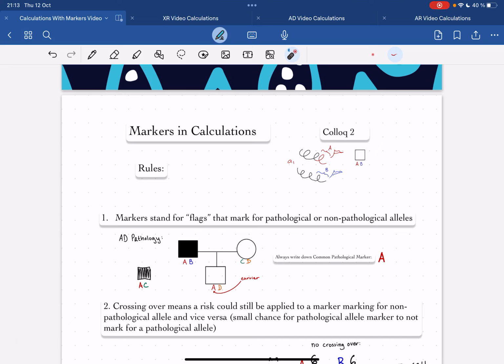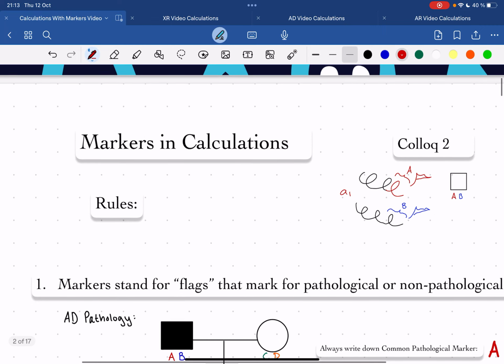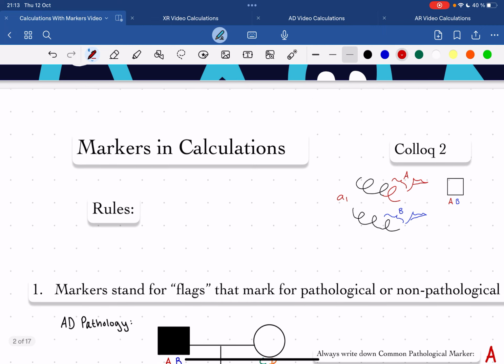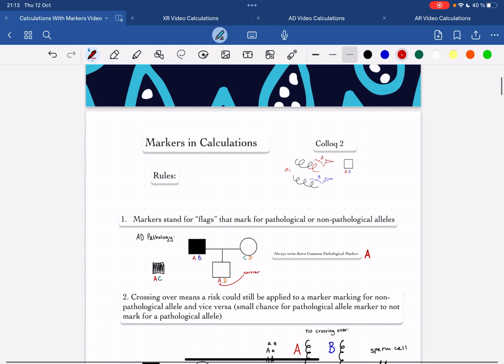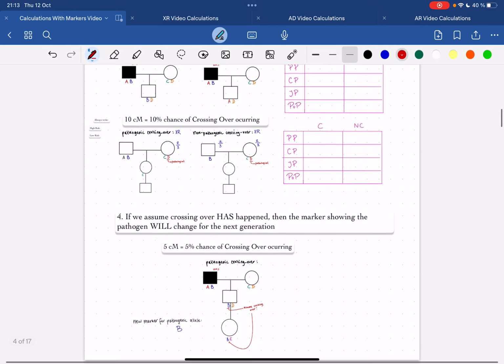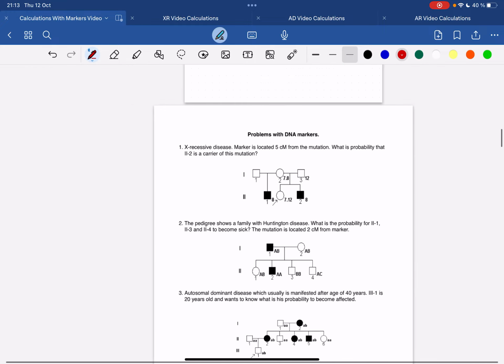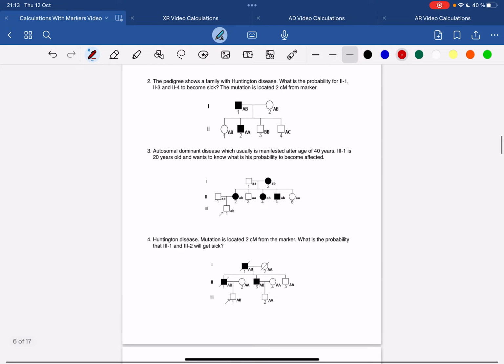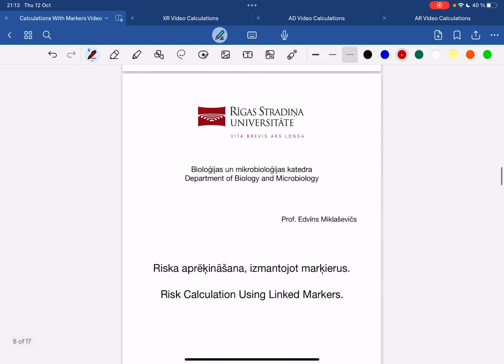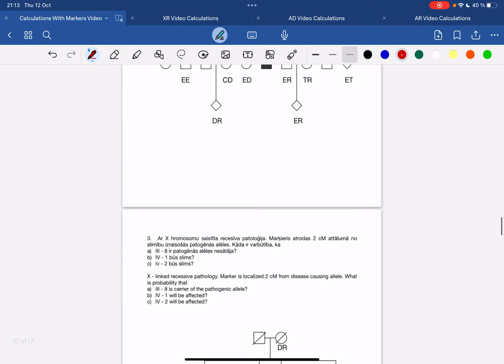Hello. I was thinking of going through the Colloquium 2 topic today regarding calculations in genetics, specifically targeting markers in calculations. Now, markers are a little bit tricky to grasp, but I will try my best to explain it as well as I can. I will go through the rules, which don't seem plentiful at first, but these are complicated to apply into the calculations. I will also get into all of the calculations on both documents that are up on